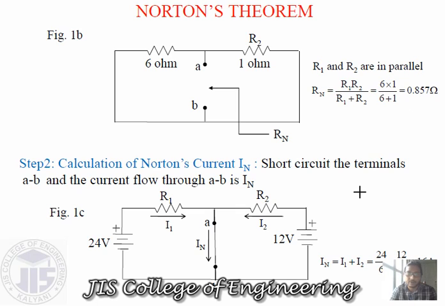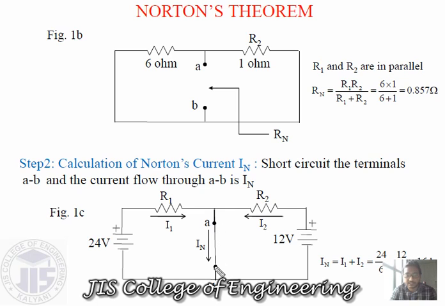Now our next aim is to find the Norton current. How can we find this Norton current? We can find it by shorting the terminal, where the load resistance actually was. So in our actual circuit, the sources will be present, and we are just removing this load resistance and shorting the terminal. Whenever we short this terminal, one current will flow, and this current is written as IN or ISC. Sometimes it's written as IN, meaning Norton current, or sometimes ISC, meaning short circuit current.